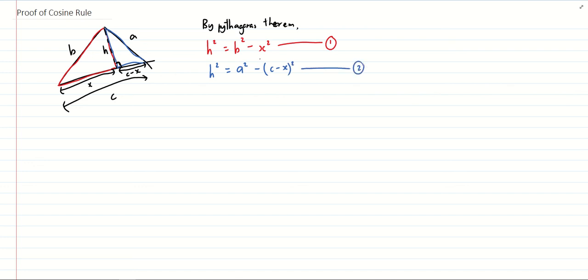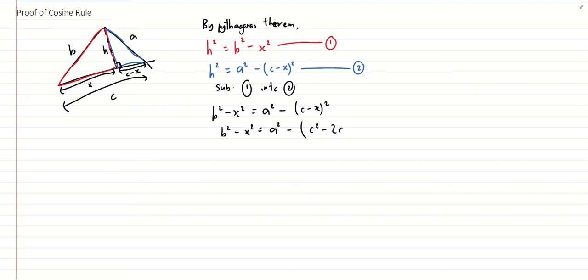So by simultaneous equation, because both left hand sides are h square, I can substitute equation 1 into equation 2, and I will end up with this equation: b square minus x square equals a square minus c minus x, the whole thing square. If I expand this c minus x square, I will have b square minus x square equals a square minus bracket c square minus 2cx plus x square. Once I open up the bracket, I will have b square minus x square equals a square minus c square plus 2cx